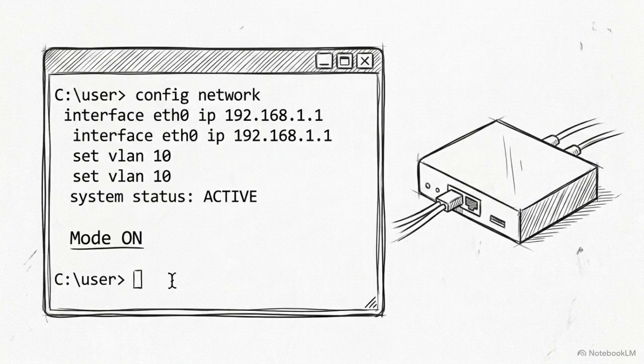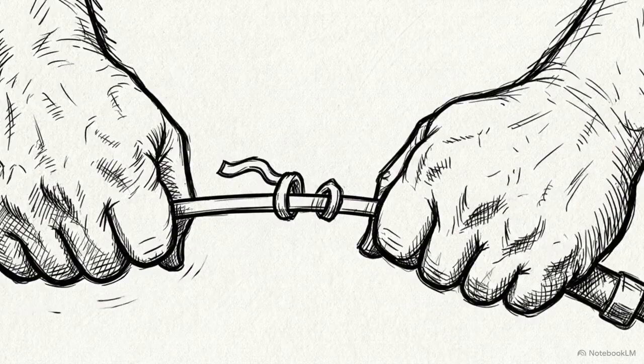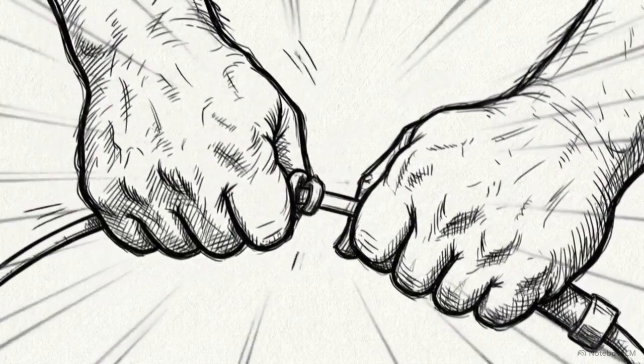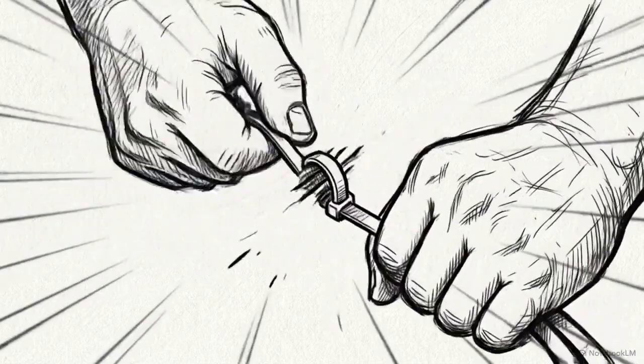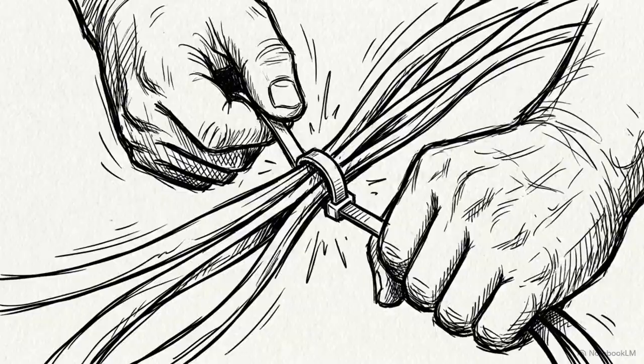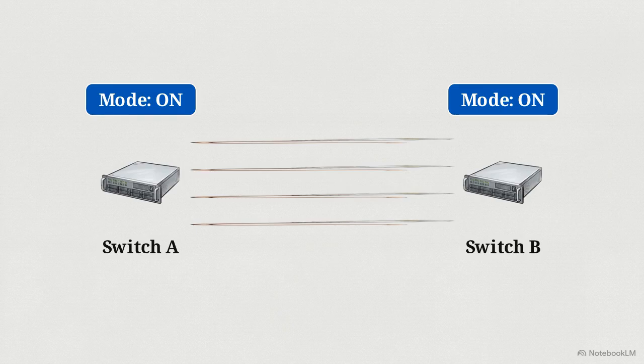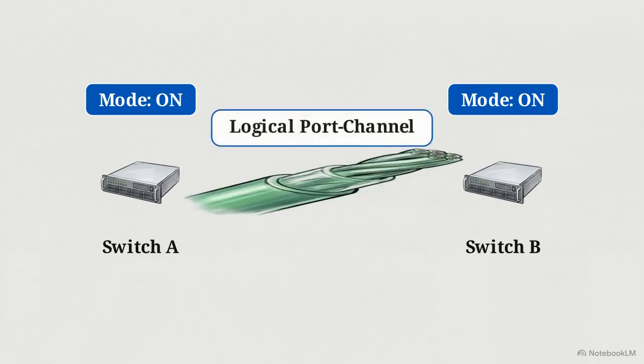Let's start with the first method, static EtherChannel. In a switch's command line, this is simply known as mode on. Static mode does exactly what the name implies. It forcefully bundles the ports right away. It completely skips any kind of introductory handshake. This diagram shows the only way static mode works. If switch A is configured to on and switch B is configured to on, the links slam into place and